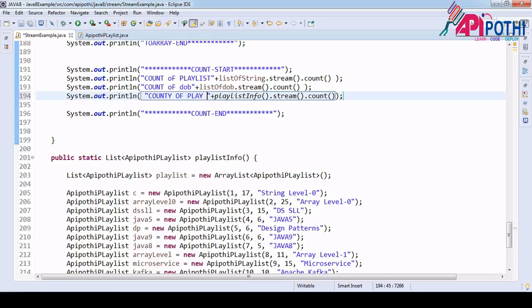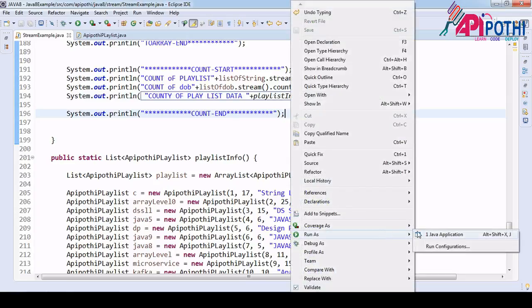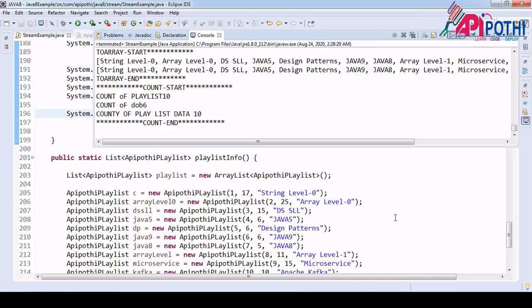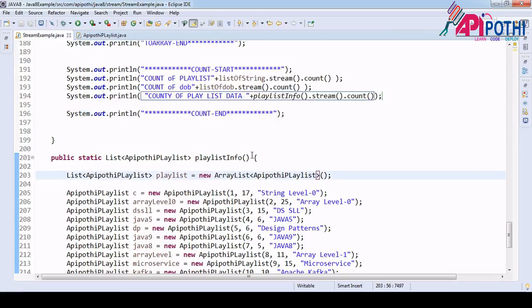Count of playlist data. Right click, run as Java application. See 10, 6, 10. Okay, so this is the way to get the count directly.